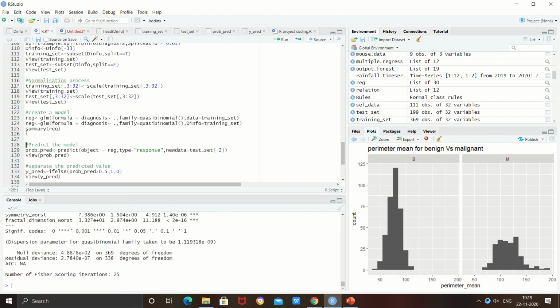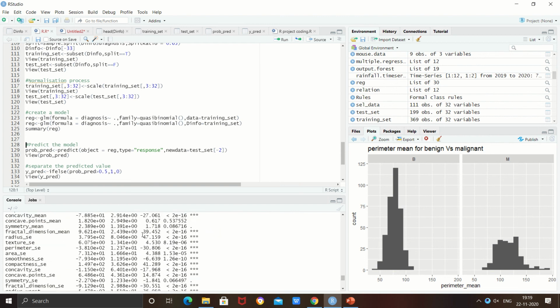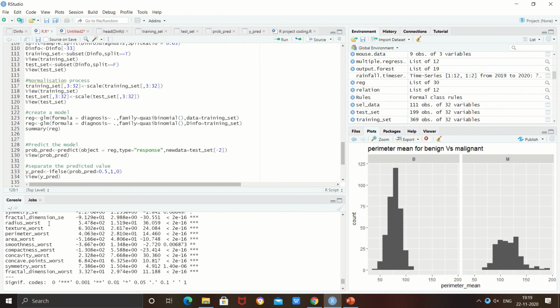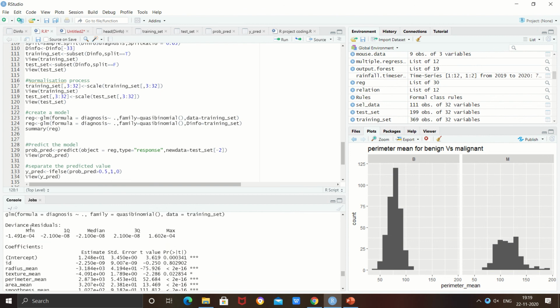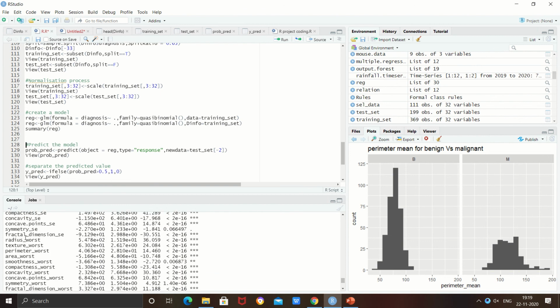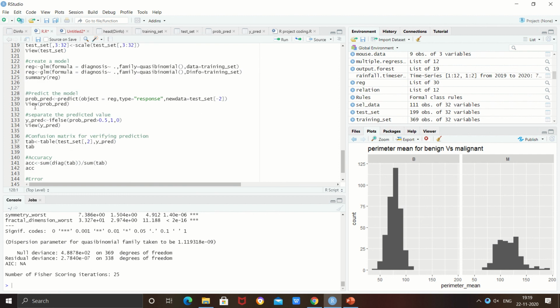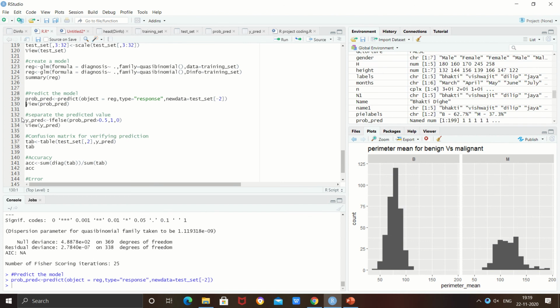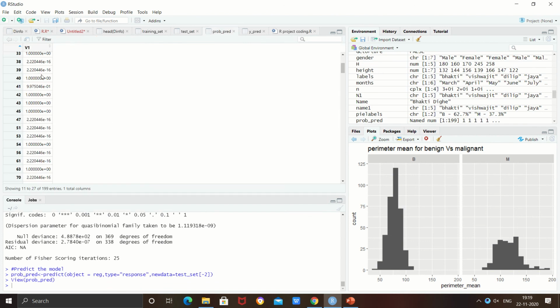So the summary we have got here, you can see we have got the summary of each part; for mean, median and max we have got the value. Okay, now we will predict the model using the predict function. So we will view the predicted model.